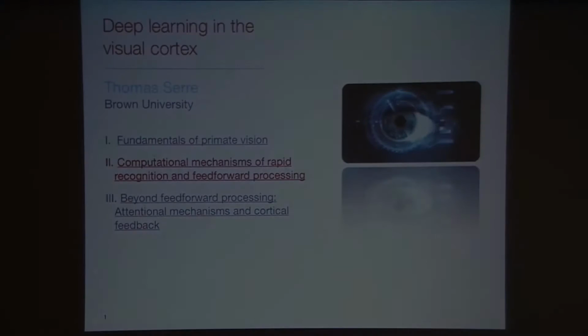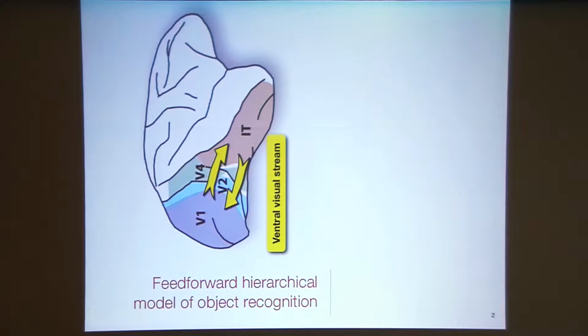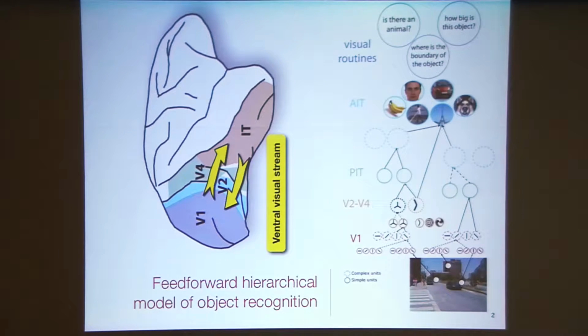So what I've done in part one was to try to describe for you, give you an overview of the anatomy, the physiology, and of one part of the visual system, namely the ventral stream of the visual cortex. What I want to do next is to show you how one specific